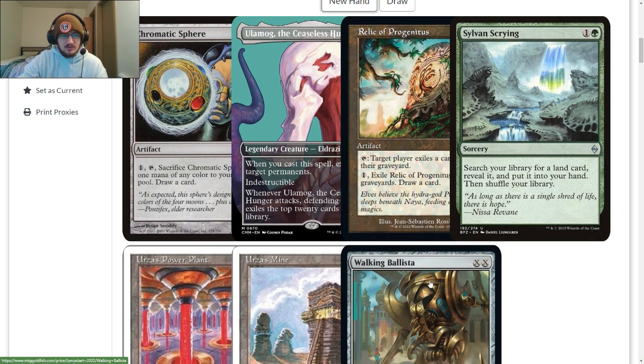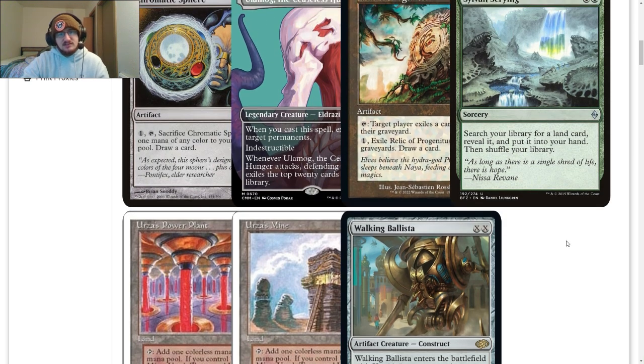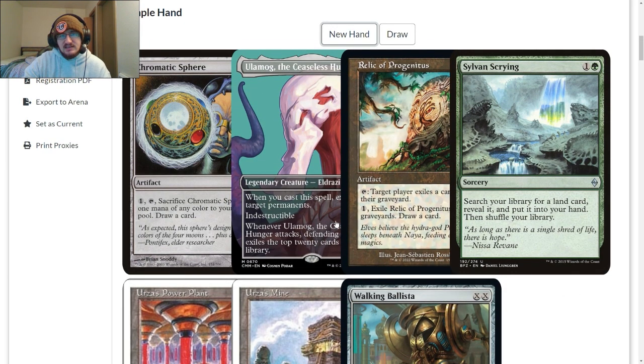And eventually, it just gets so big you attack with it, and you force your opponent into some pretty bad positions. You can even eventually just end the game by shooting them with all the counters on the Walking Ballista. This is the idea of what we were talking about with these combo hands, where you basically want all your pieces, or all the ways to find all your pieces,